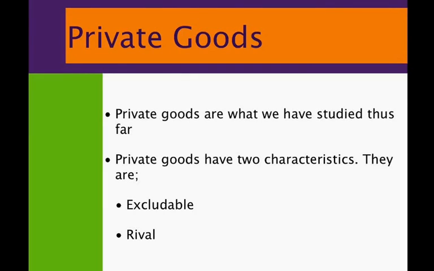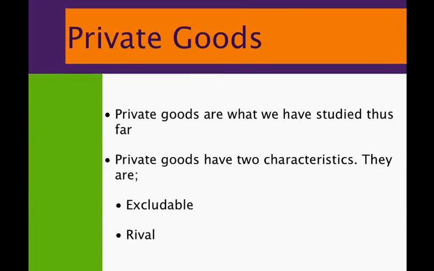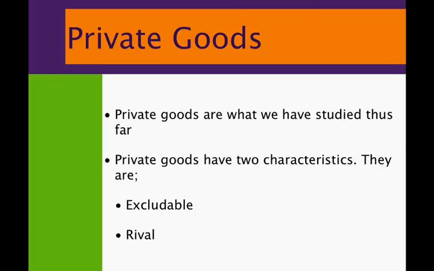So let me give an example. A car dealership sells a car to Susky at a price of 20 grand. Susky gets the car because he is willing and able to pay the price. It's on his personal demand schedule. The seller does not sell a car to Ashley because Ashley considers the price to be out of her budget. The car is excludable. This means that the seller does not have to provide a car to Ashley or the rest of the people in town who are unwilling and unable to pay the going price. Only Susky has purchased the car.